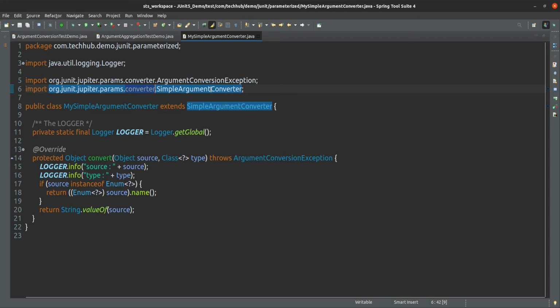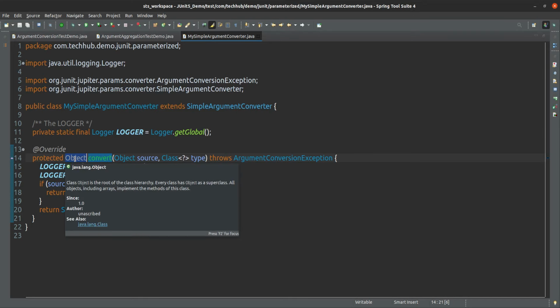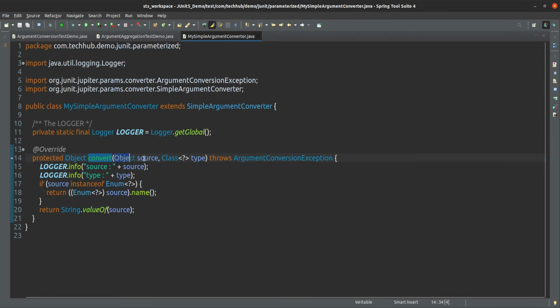This class is an abstract class, and if you implement it, you have to override the convert method, and that convert method has a signature like this. The return type is Object, the super type, and there are two parameters: the source, which is the value we are taking from the source,